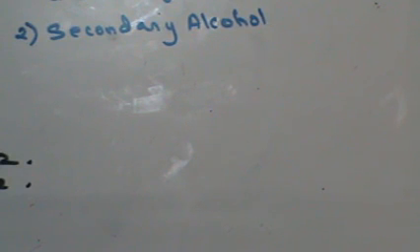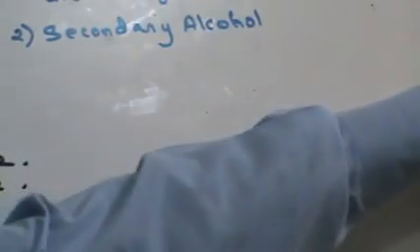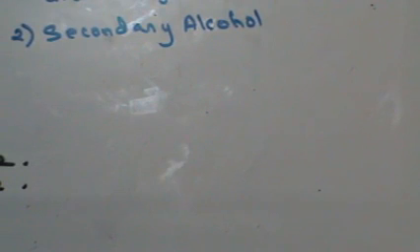Like how primary alcohols form aldehydes and acid. Secondary alcohols get first converted into ketones and then into carboxylic acid. Now during this conversion, unlike primary alcohols, where you have the same number of carbon atoms,